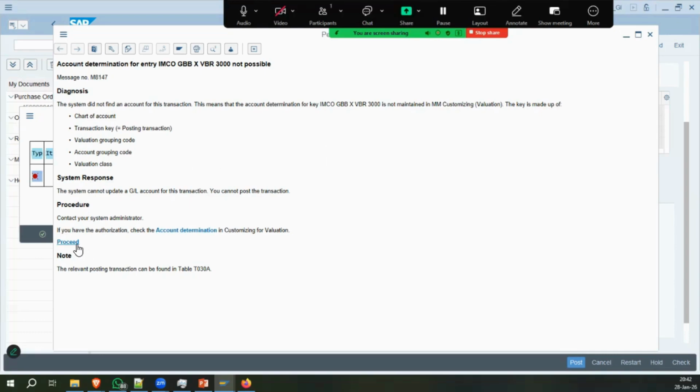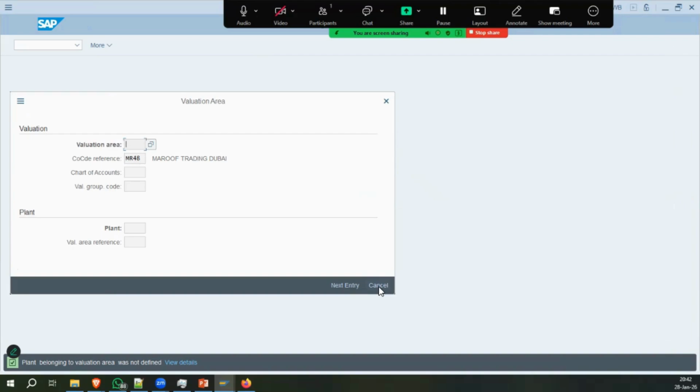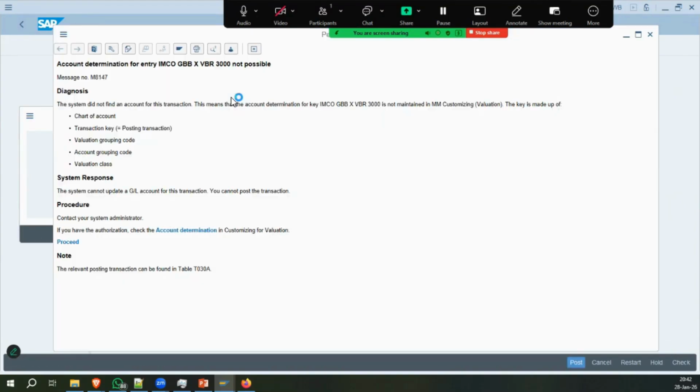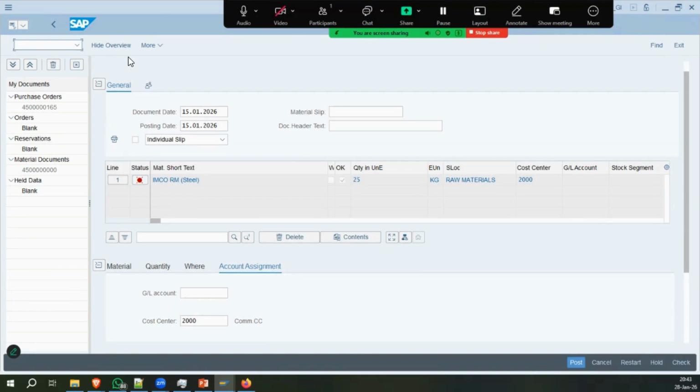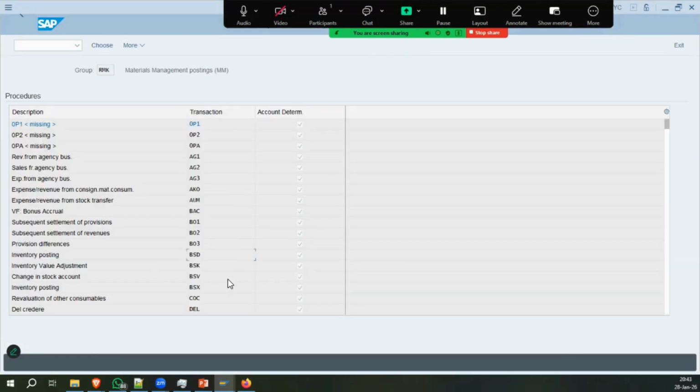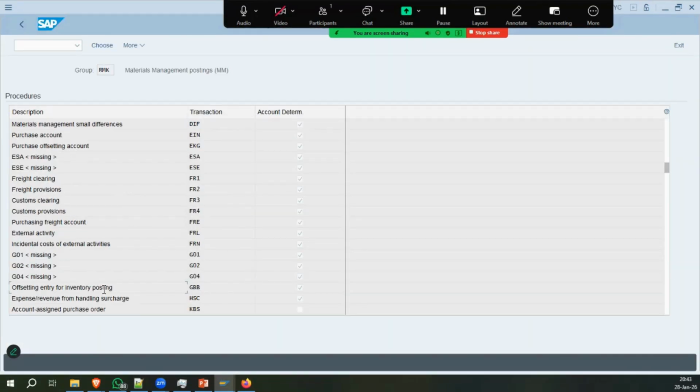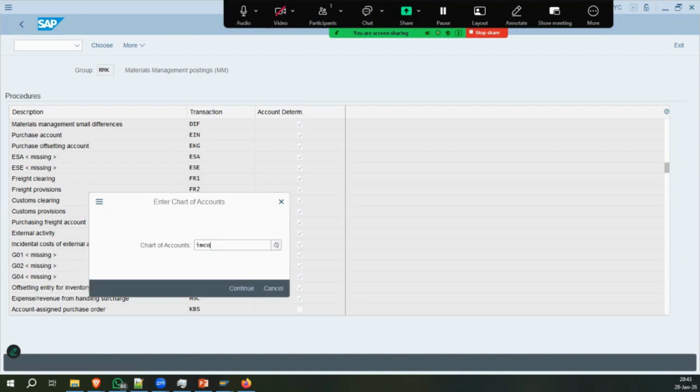Now this is, if you have authorization, see, this is OBYC. GBB VBR. Now what is VBR? 3000 is the material category, valuation category, right? Which is raw material, of course. Okay, just go from, okay, slash, control slash, OIC. GBB VBR 3000. GBB. Now GBB, offsetting entry for inventory posting, double click, IMCO,